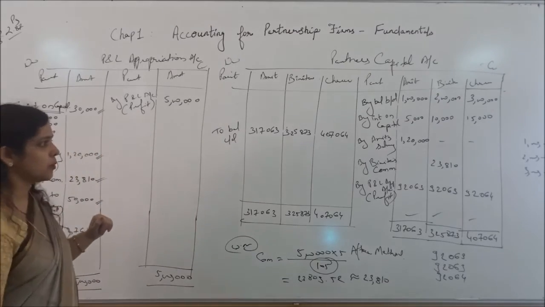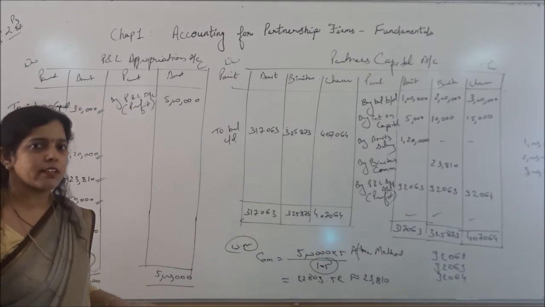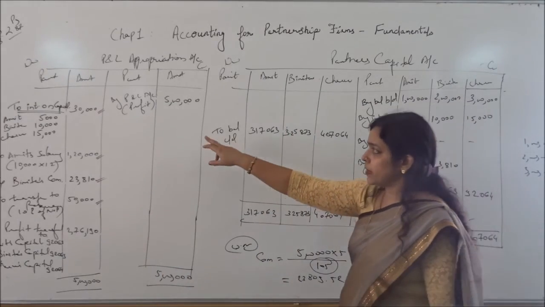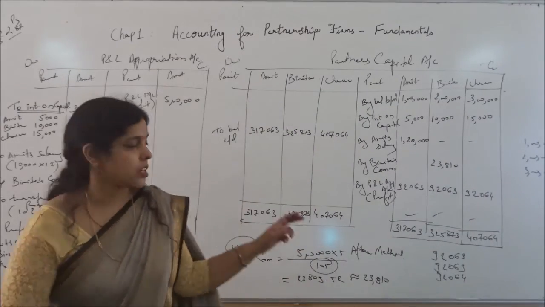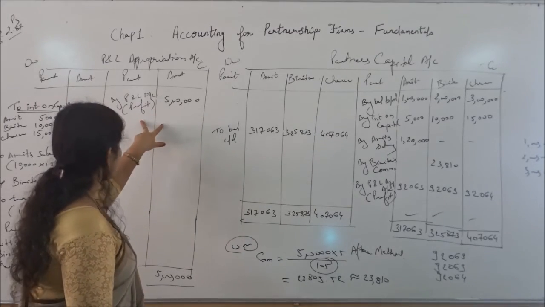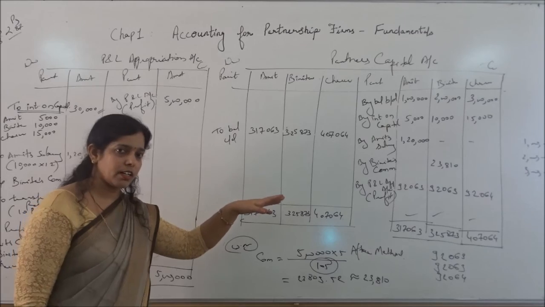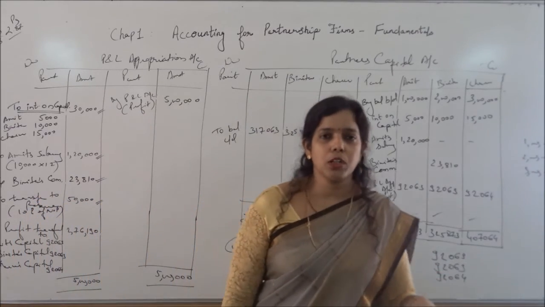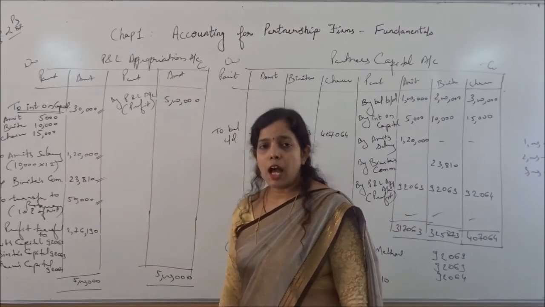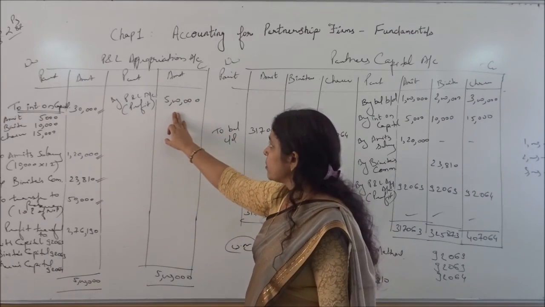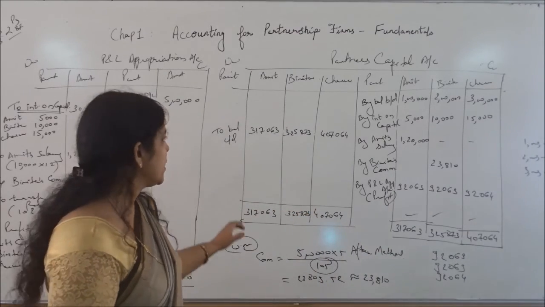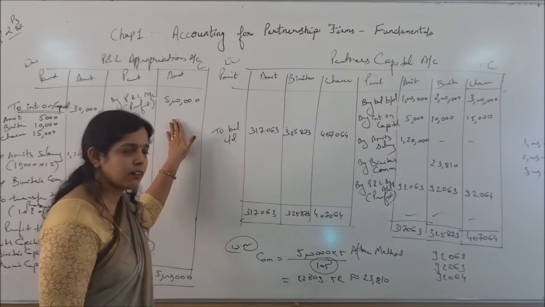Again, first entry, what will you write? If you want to write, please note down the entries. I am just recalling here orally. First entry, pay attention here. This transferring entry will always be this one. P&L account is on the credit side, so it will go on the debit side. Your entry will be P&L account DR to P&L appropriation account 5 lakh, being profit transferred from the P&L. First entry, right?